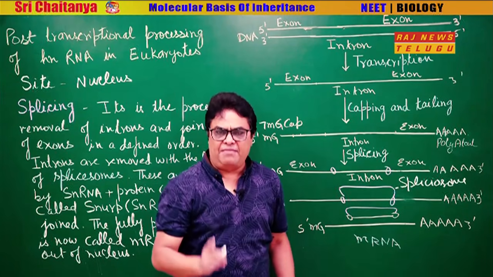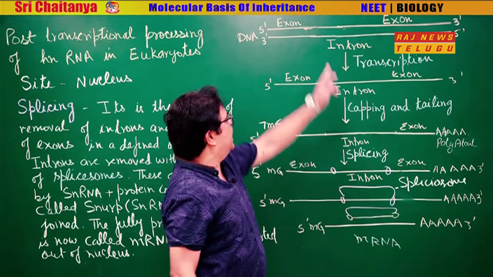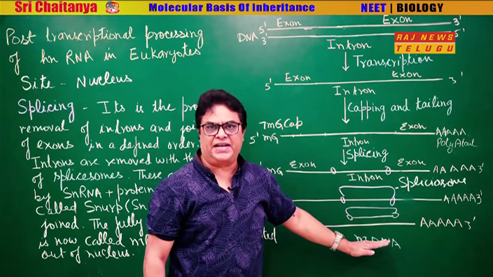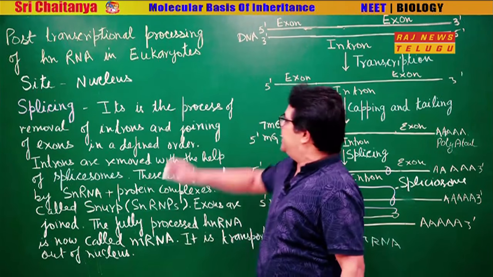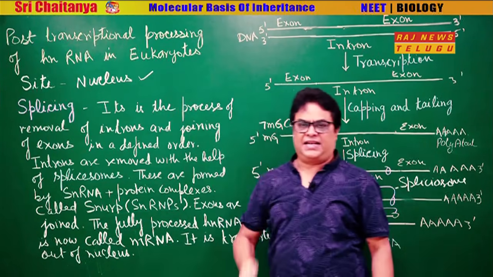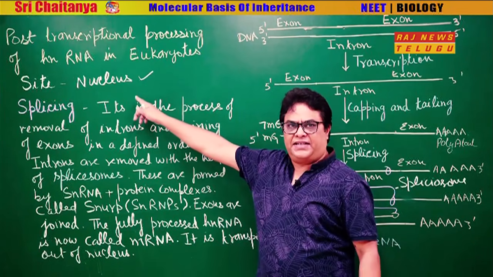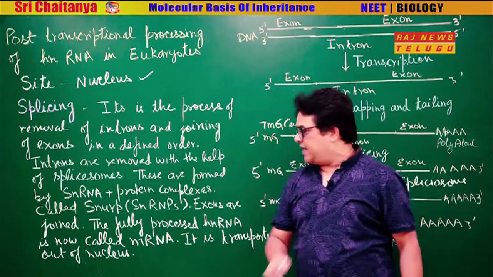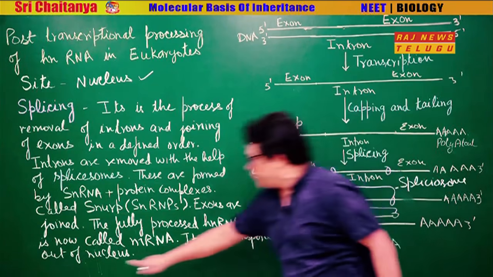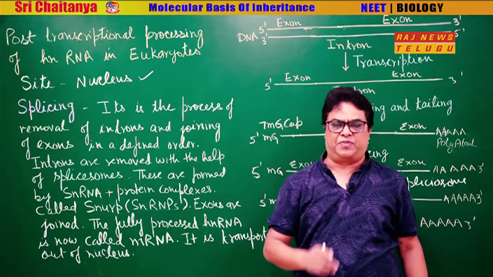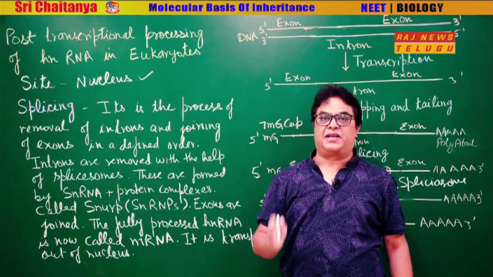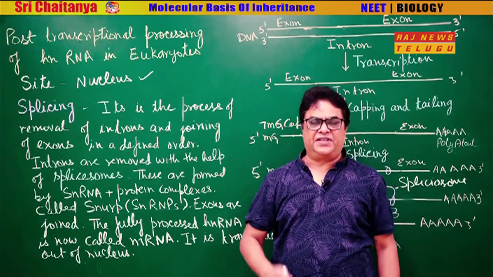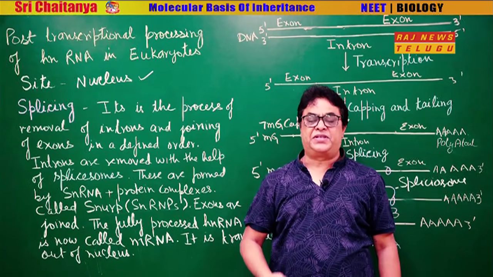So, remember, the mRNA will always be smaller than its gene, because certain portions of the gene are not represented in the mRNA. As you can see here, the entire processing takes place inside the nucleus. So, mRNA is formed inside the nucleus. Once this mRNA is formed, it is transported out of the nucleus into the cytoplasm for translation, because you know translation takes place at the ribosome, and the ribosome is present in the cytoplasm. So, children, with this we complete post-transcriptional processing of the hnRNA.